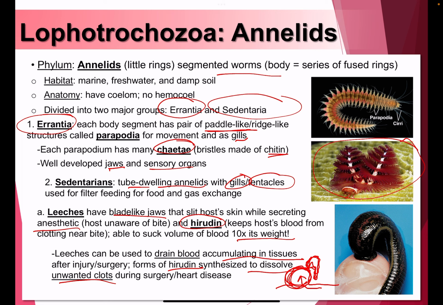Because for those people, clotting tends to happen because of surgeries when we cut open blood vessels, and when we bleed, it is just our natural human response to close up that wound and start clotting. But we don't want that to happen in surgeries or in a person with heart disease. We don't want abnormal clotting contributing to atherosclerosis that can lead to heart attack, etc., or stroke for that matter. So that's why hirudin was synthesized by humans to mimic the hirudin that is